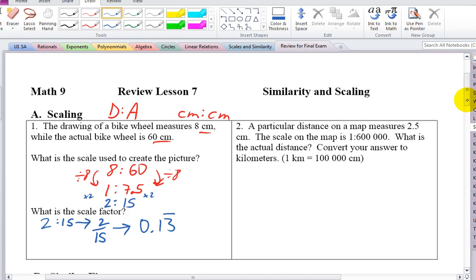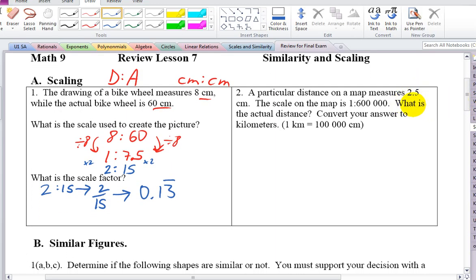Okay, next thing we looked at was the maps. So the particular distance is 2.5 centimeters. There's your scale, 1 to 600,000. A couple different ways you can do that. First of all, let's convert our scale in the map to 1 centimeter to so many kilometers. So we have 1 centimeter represents 600,000 centimeters. So 1 centimeter then represents, how do we convert centimeters to meters? Divide by 100. That crosses off 2 zeros, so we can say 1 centimeter to 6,000